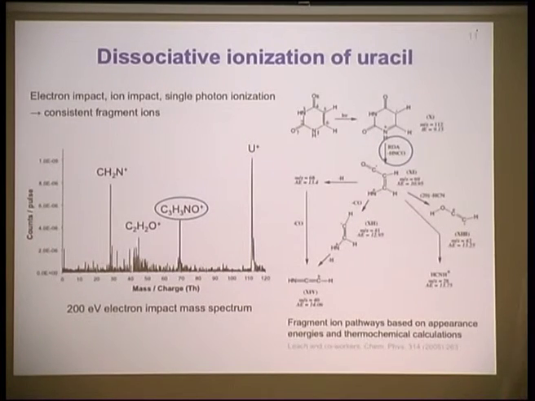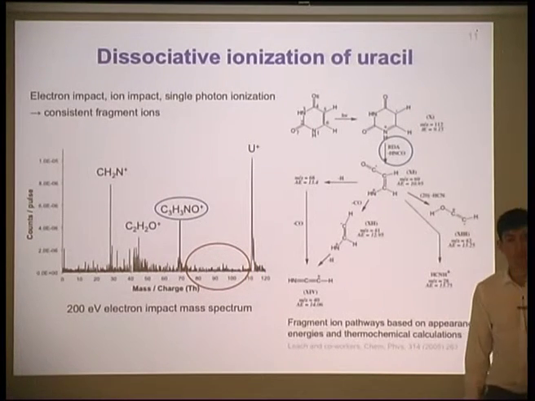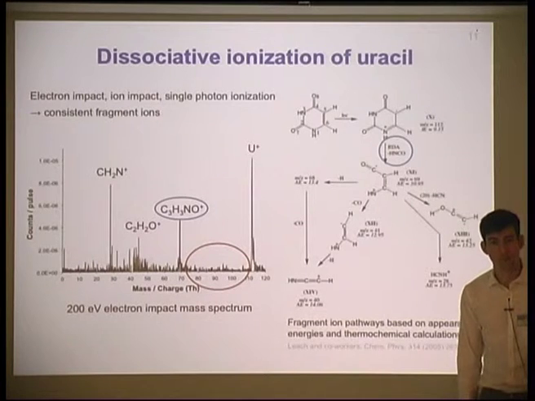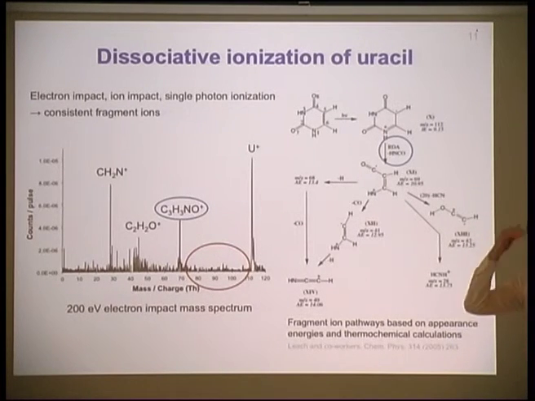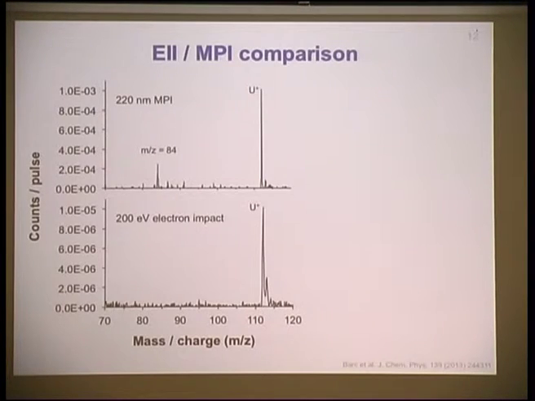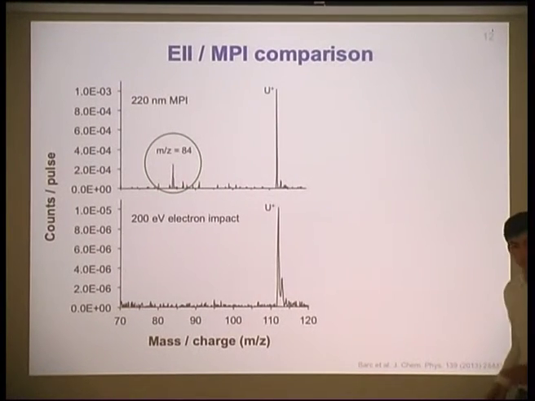So you get this nice convenient gap in the mass spectrum where you can hopefully look for some new fragment ions produced due to the route via the electronic excited state. And obviously I wouldn't be talking about this if we hadn't seen one. This is showing a detail of the mass spectrum recorded at 220 nanometers using the laser by multiphoton ionization, contrasting it with the detail of the electron impact ionization measurement. You can see a clear new fragment ion appearing with a mass of 84 atomic mass units.